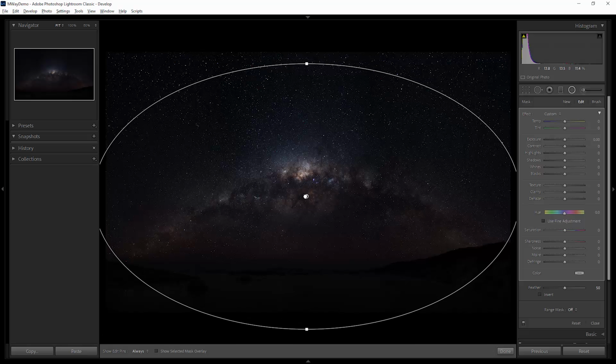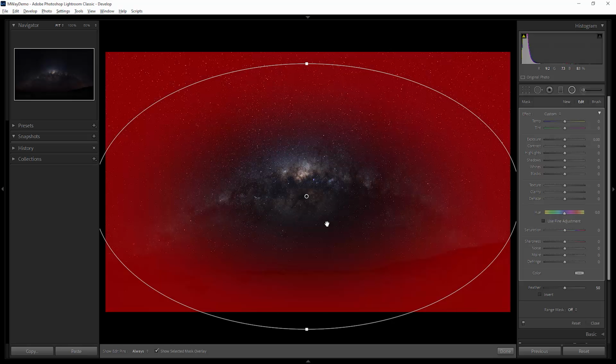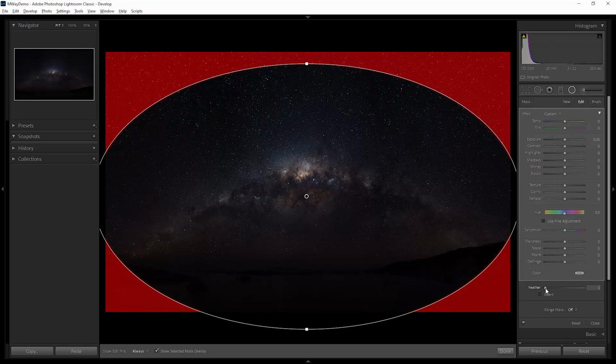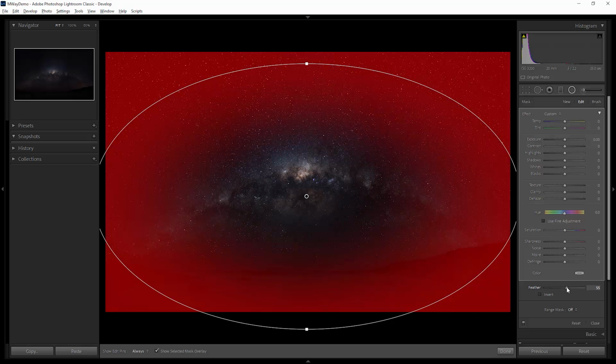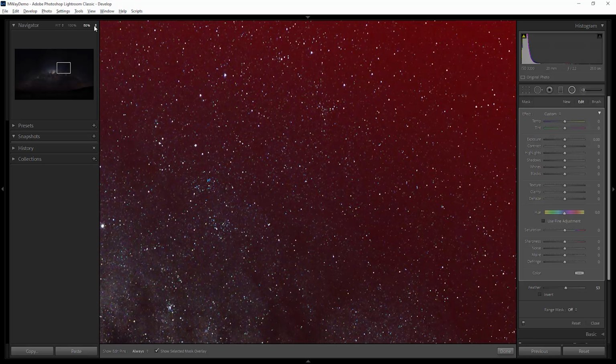One of the reasons I'm doing this is because I want to darken the stars in these corners to draw attention to the Milky Way. So if you hit O on your keyboard, this red overlay lets you visualize things like the feathering. Obviously we don't want a really harsh vignette like that, that'll look terrible. So I'm going to go for a very soft feather, but to make this work I'm going to zoom out